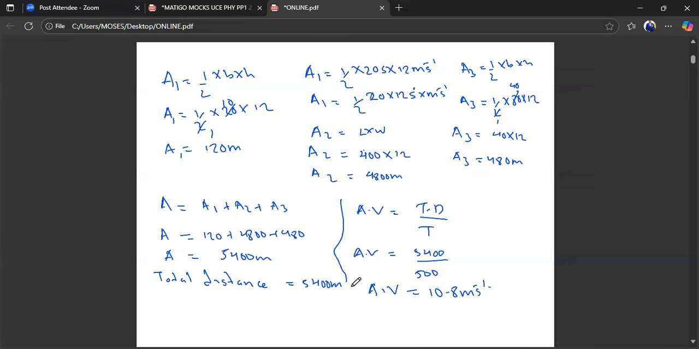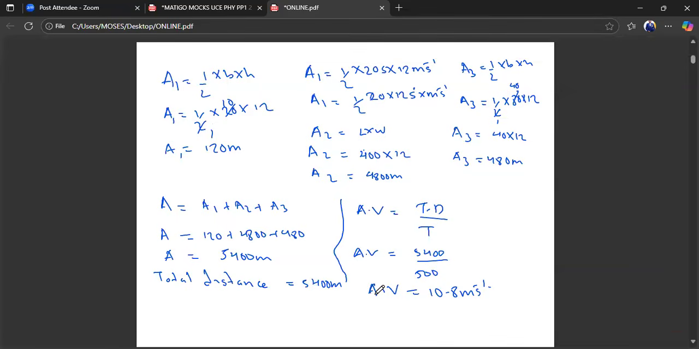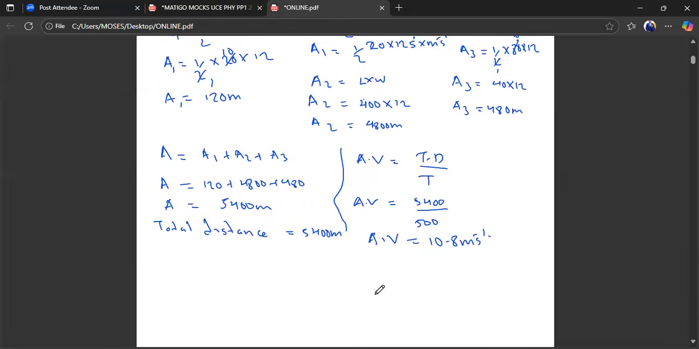Now we have got our total distance as 5,400 meters, and our average velocity is 10.80 meters per second. Now remember, when we go back here, the conditions for someone to participate were distance covered, minimum 5,000, and average velocity, minimum 10 meters per second. We have come up with a total distance of 5,400 meters and the average velocity of 10.8 meters per second. Then you come and conclude and say the cyclist will participate in the competition